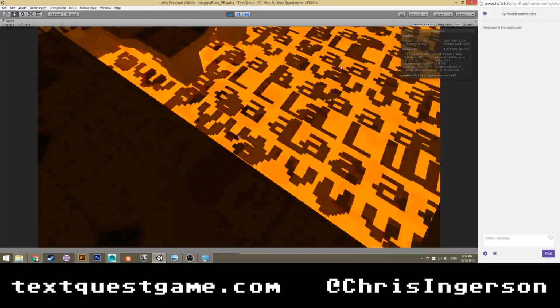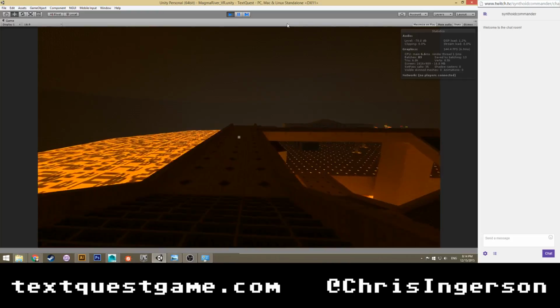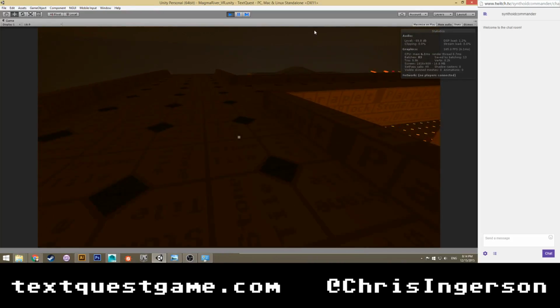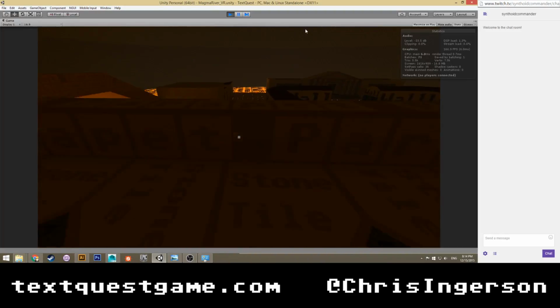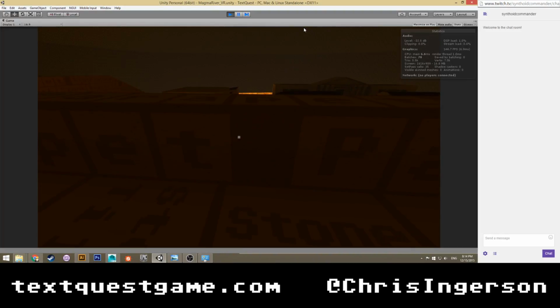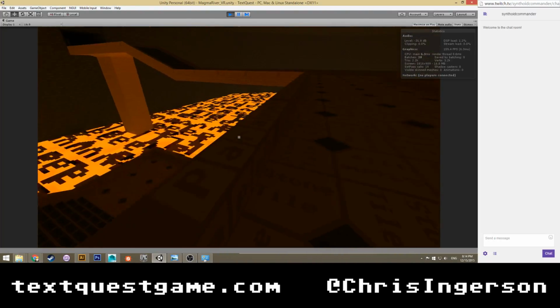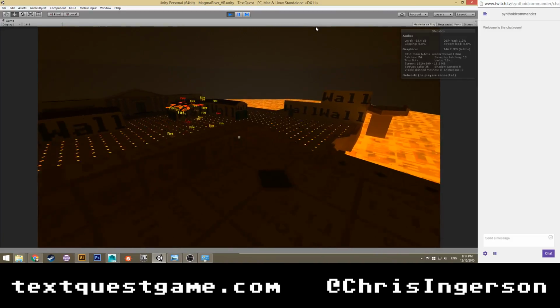Our lava animations are a little slow and choppy, but that's because we're in the editor. So everything ends up looking pretty good. I'm pretty happy with how it turned out. The parapets took forever to texture. They look nice, but God, they took hours just because of how long they were. They're really, really long. There's a huge amount of surface area. I'll just say that.